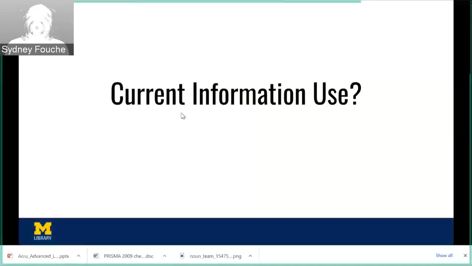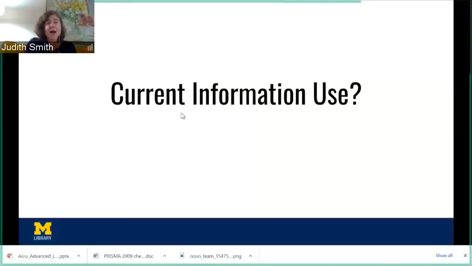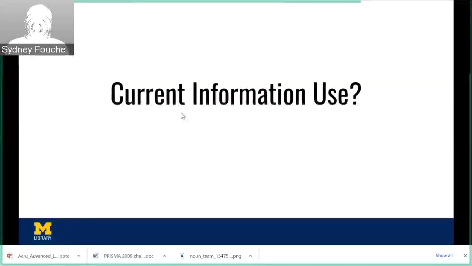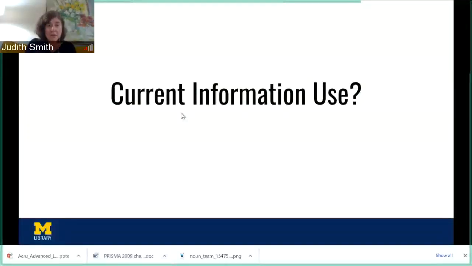I would say don't feel guilty about anything you're using. It's not about whether something shouldn't be used or should be used. It's more using a tool for what it's worth. What's the value in the tool? And I use Google Scholar all the time, because we have these interdisciplinary topics and we don't know where to go. And Google Scholar is a great place to go to grab some relevant items, and then you can go into PubMed and do a more structured search. So it's not that you shouldn't use Google Scholar, it's more you can use it as a jumping off point as opposed to an end point.